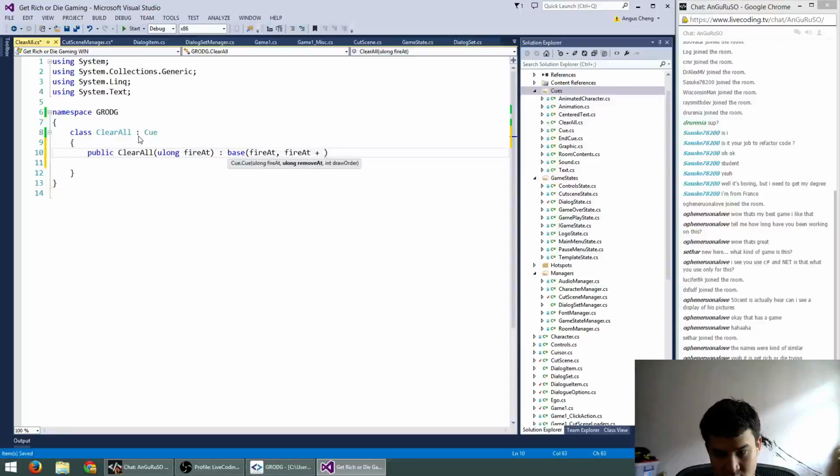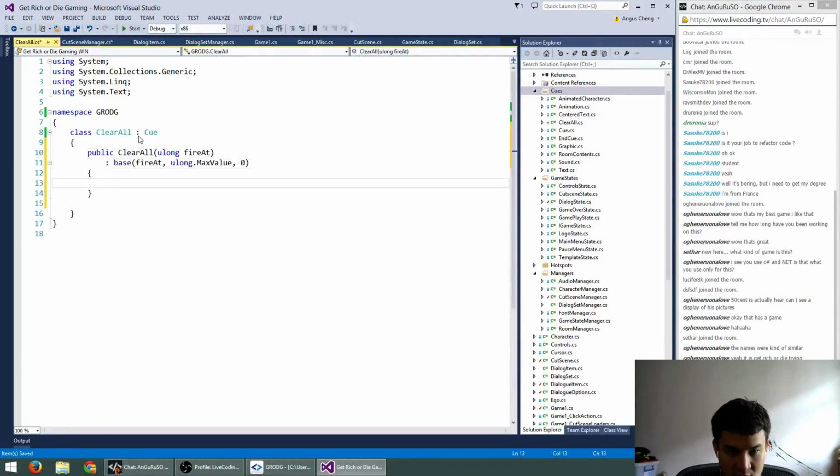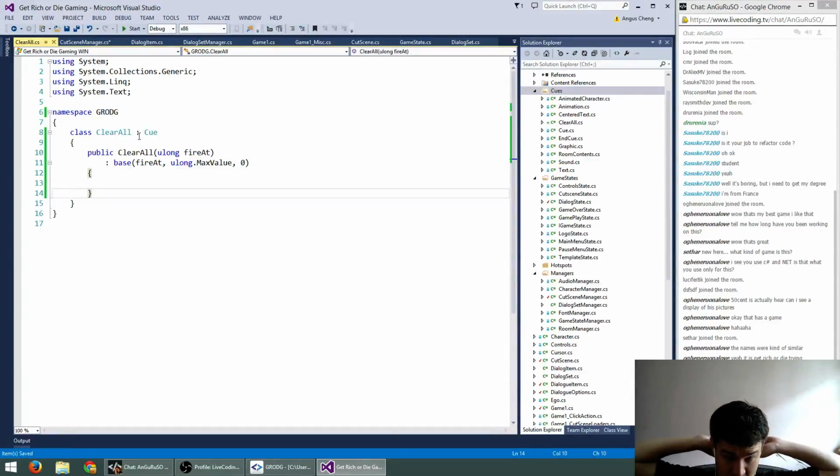Plus 1,000, I don't know. Int draw order is max value actually. Int draw order is irrelevant. Yeah. So basically, this queue. I'm thinking